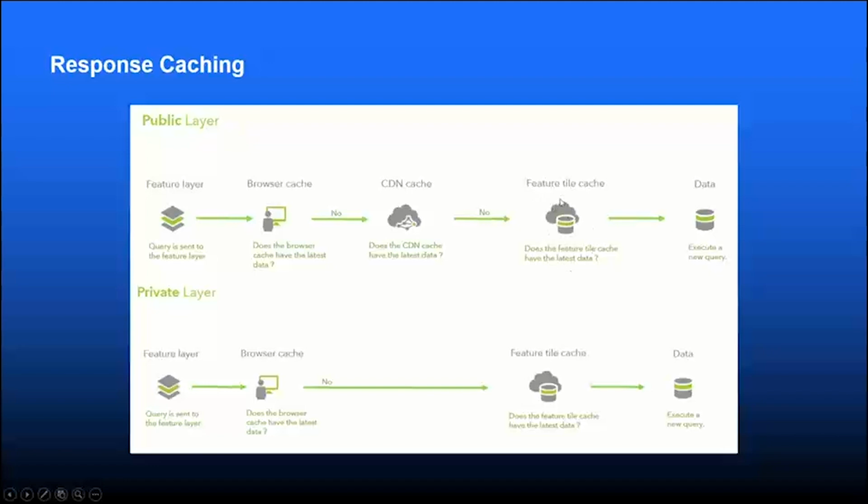ArcGIS Online has its own cache, this feature tile cache. And it will check and see if what it has in this feature tile cache is up to date. If that's not there or it's not up to date, then it'll go and actually execute the query on the database. Once that query is resolved, the feature tile cache gets updated. The CDN will now have a version of this request in its cache, and the person's browser cache will also